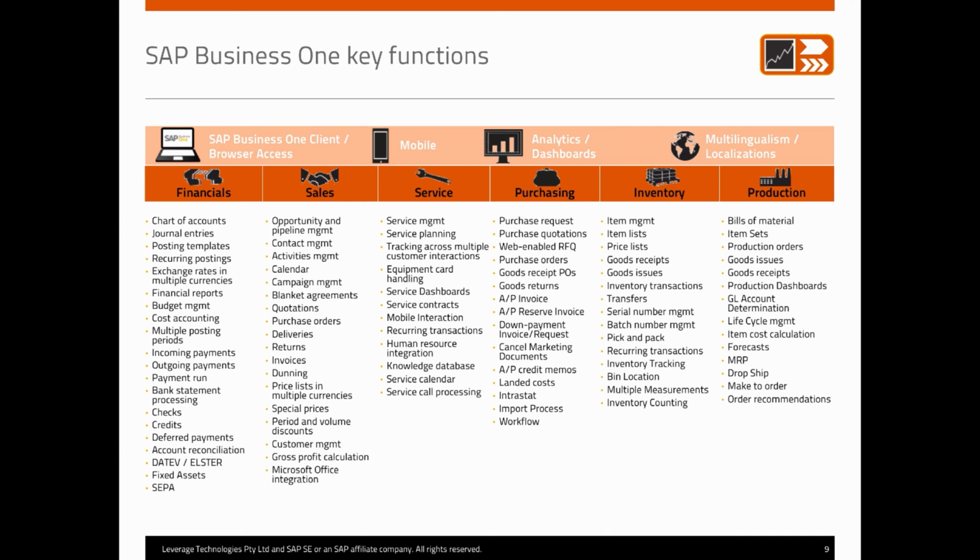So you can see that there is a rich set of functionality going across all of these different areas, whether it's the financials capability, managing your sales operations, your service operations, managing your purchasing, inventory, and production. So no matter where your business gains its competitive advantage, maybe it's from your sales process, maybe it's from how effectively you do your purchasing, maybe it's from the way that you manage your inventory or some specific processes that you have in production, SAP Business One has the key functionality you need to help you address